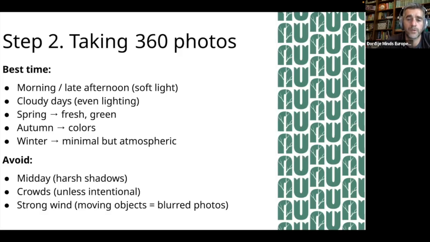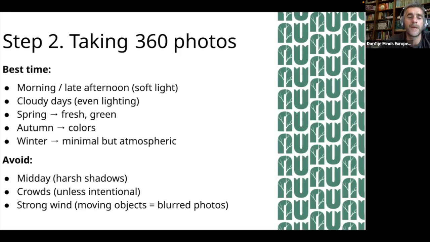You will see that my photos were taken at noon, which is not that perfect, but I had to choose because here in Novi Sad the weather is not that good these days, so I needed to pick the time when the sun is out. Cloudy days are good, but sometimes they cannot provide enough light for the photo.